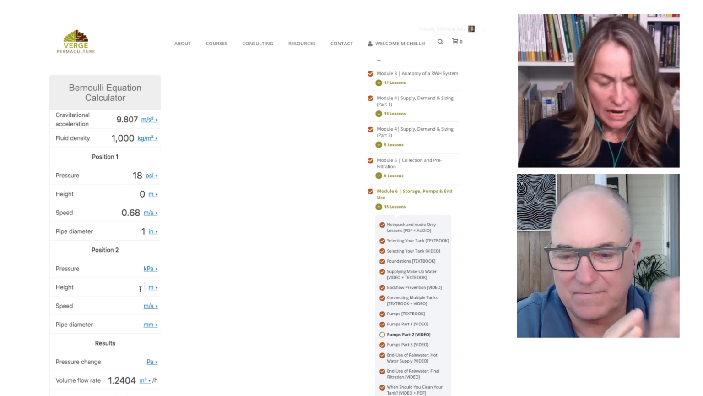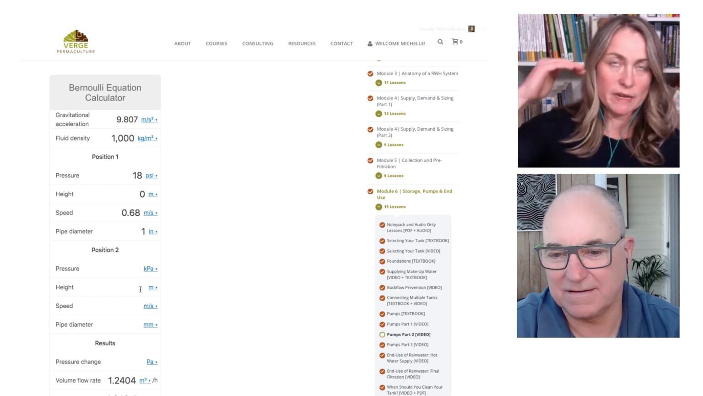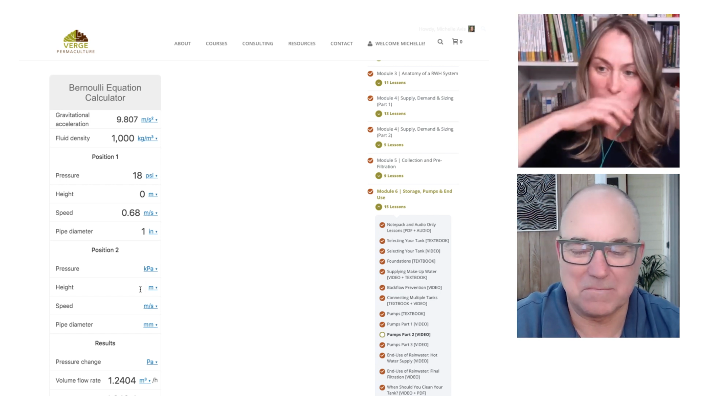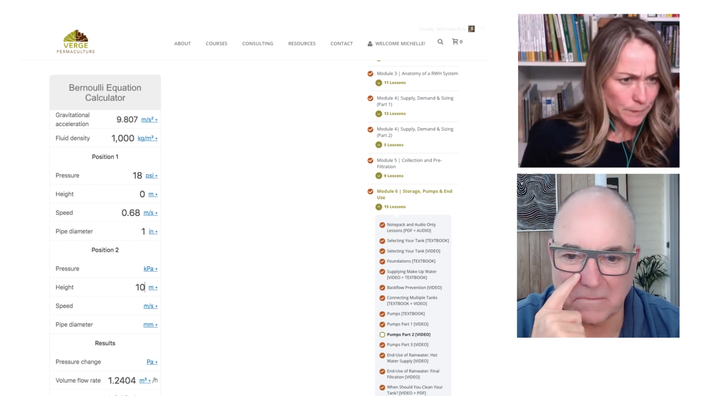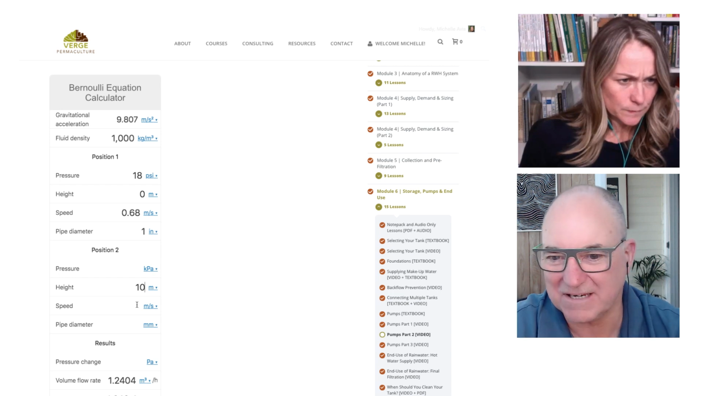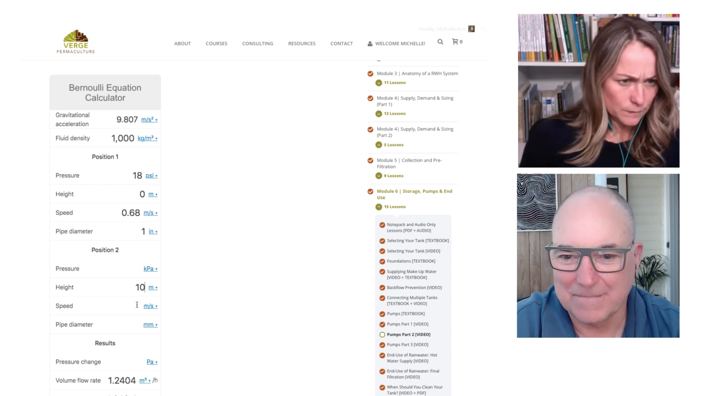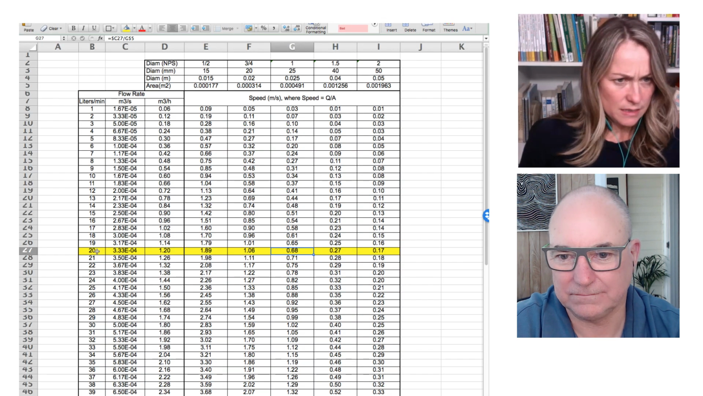So you would input your height. Let's assume that we're really looking at the worst case scenario, which would be your highest fixture, from the height of your pump. So let's say you're 2 stories up, or your pump is at the bottom of the hill, 10 meters. And then we'll go back to that spreadsheet to look up the speed of the water, 20 liters